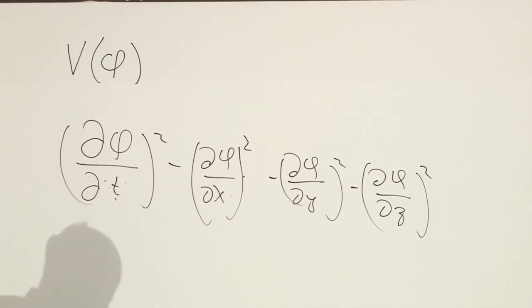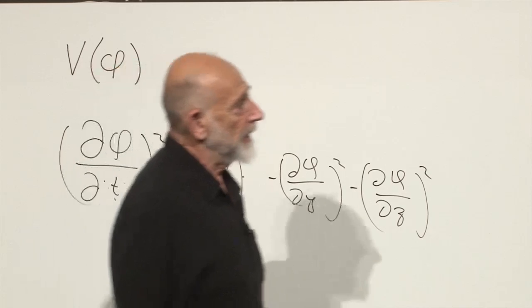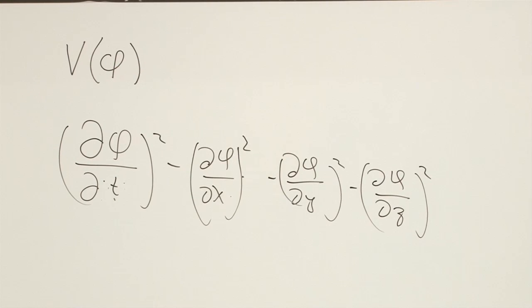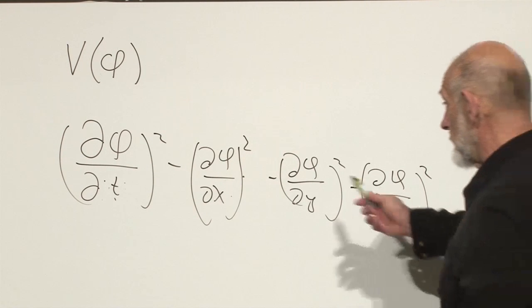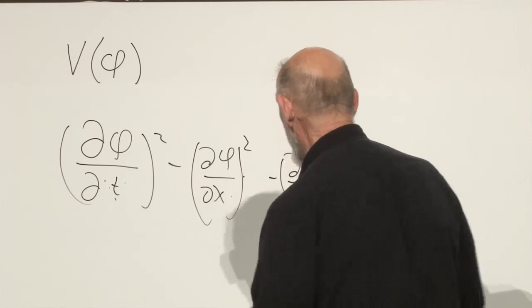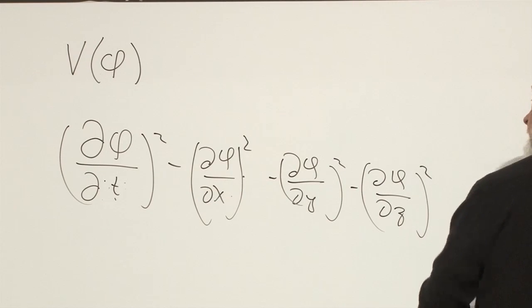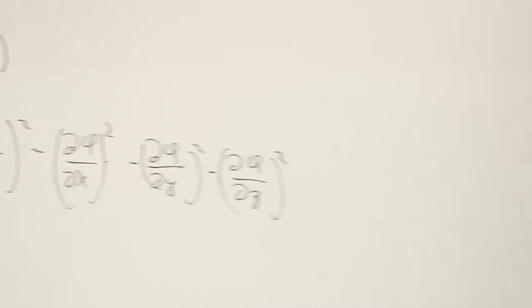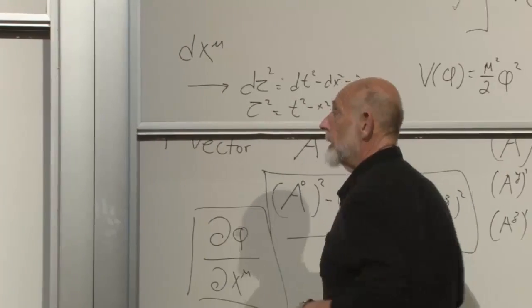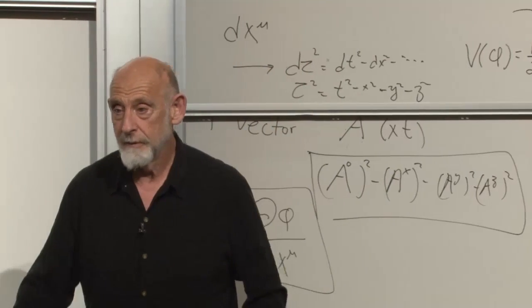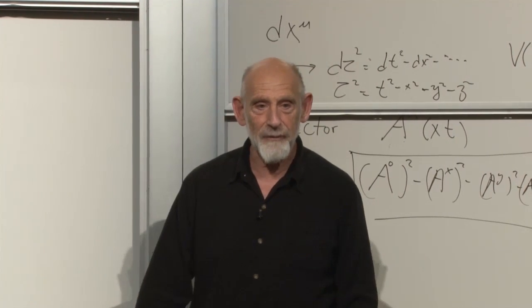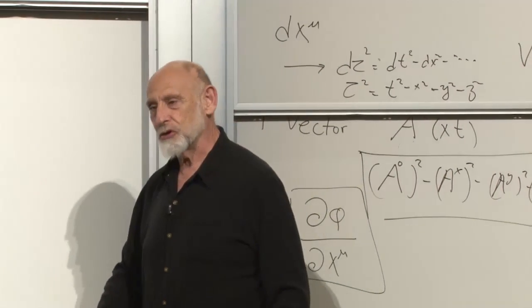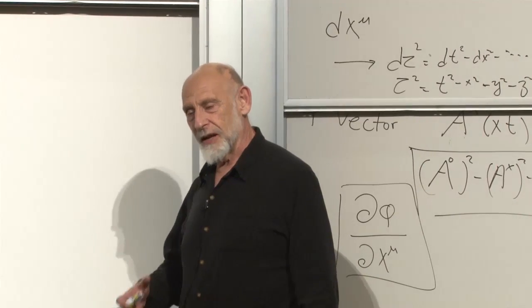So there's something you can put into the Lagrangian, and you can be sure that when you do, the equations that you get out are the same in every reference frame, just because this quantity is the same in every reference frame. In other words, it's equal to the corresponding thing in another frame. Are there other things you could write down? What about mass? That's a scalar. Sure, but mass is just a parameter. It's not a dynamical thing.